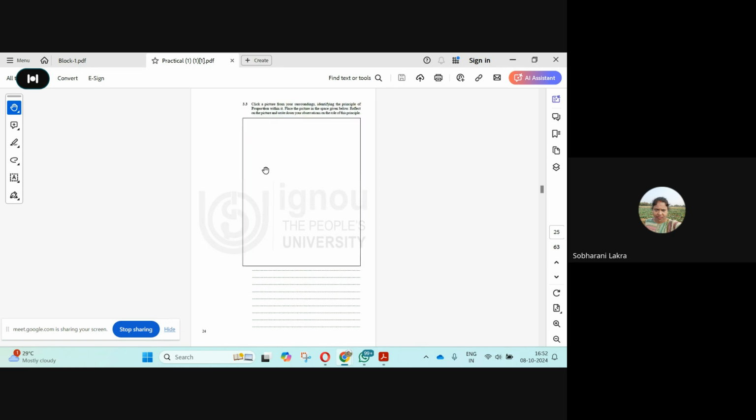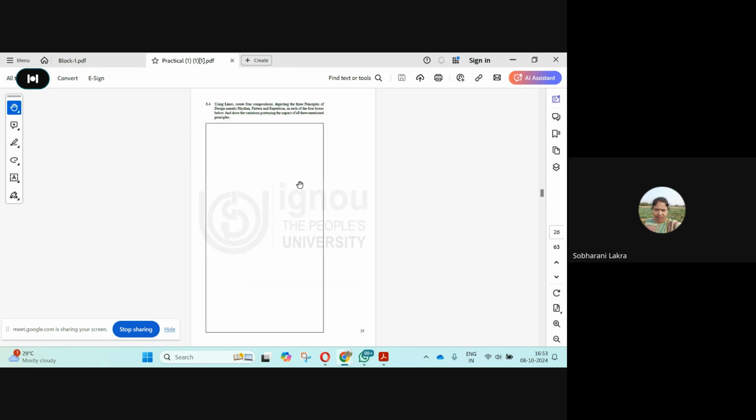The third question says click a photograph from your surroundings, identifying the principle of proportion within it, and place the picture in the space here. Reflect on the picture and write down your observation on the role of this principle. This has to be done here. It's question number 3.3. Yes, 3.4 says using lines, create four compositions depicting three